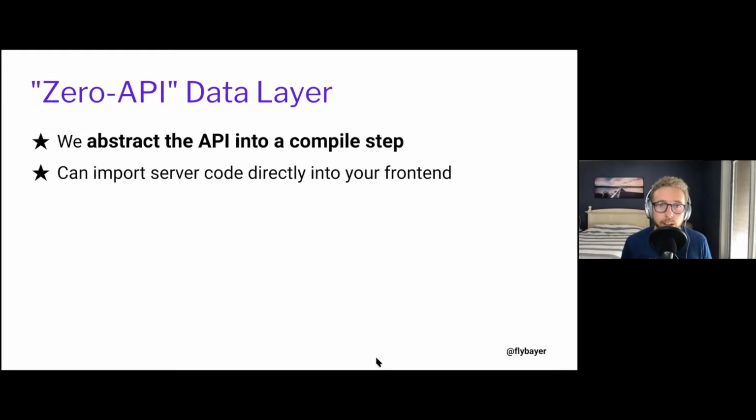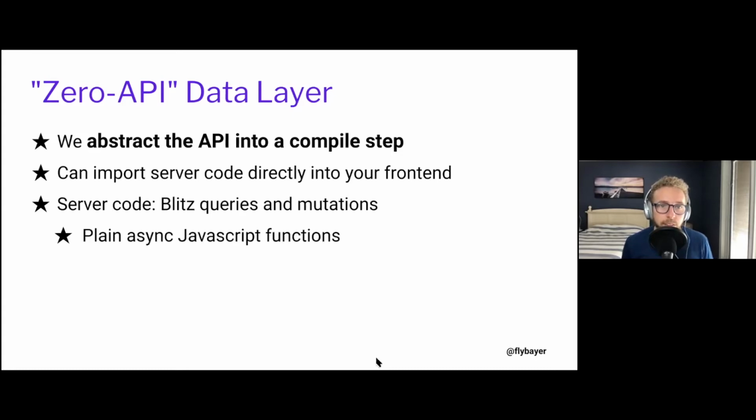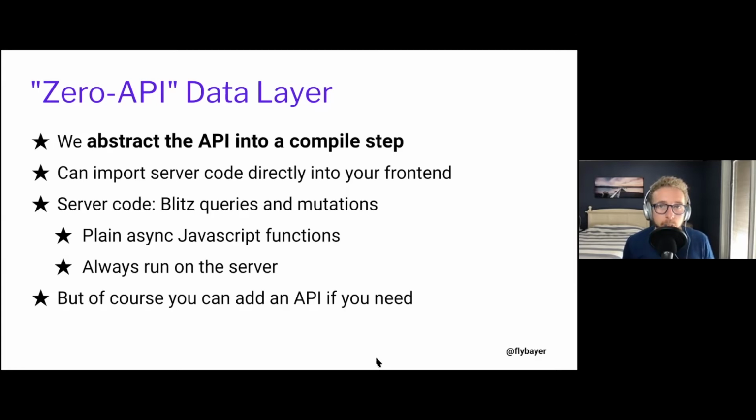You just write functions that run on the server, and we call them queries and mutations. And they're plain asynchronous JavaScript functions. And then you import them directly into your components and use them straight away. So it just drastically simplifies how you build these things. And for a number of months, even when I would use this, I would still be like, wow, is it really that easy? And it's pretty cool. So how do we do this?